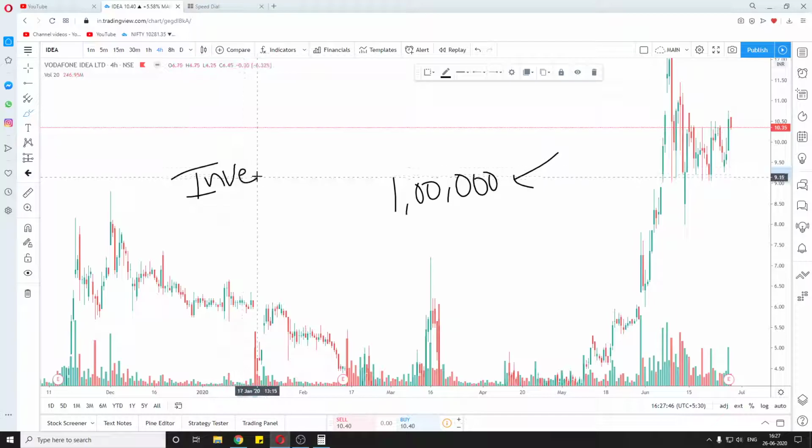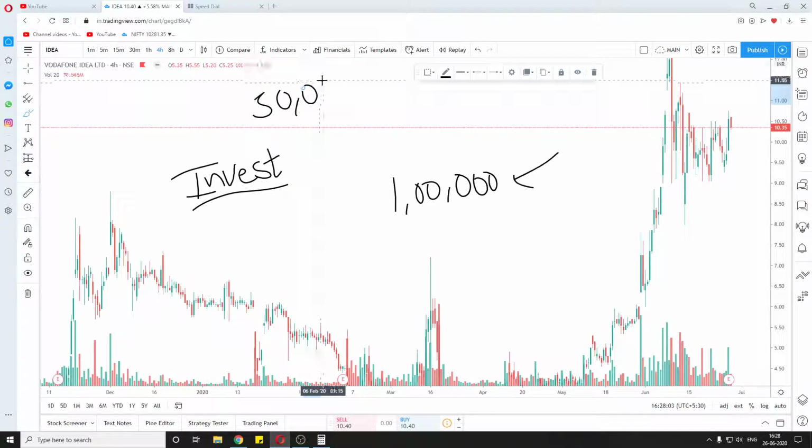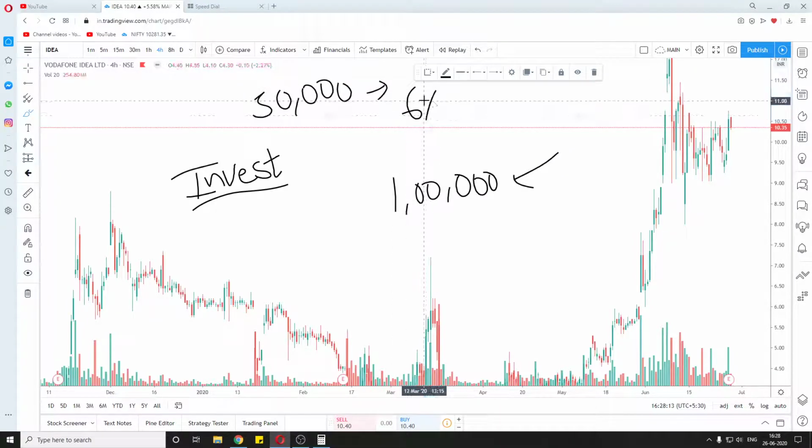Just put in the shares and hope for a better return than what banks give. If you have 50,000 extra spare, you just choose some good stocks, invest in the market, and let it sit for a year. It will roughly give you more than what banks give. Banks give around 6%. The share market can give you 20 to 30% easily. So this is how you should trade if you have less capital.